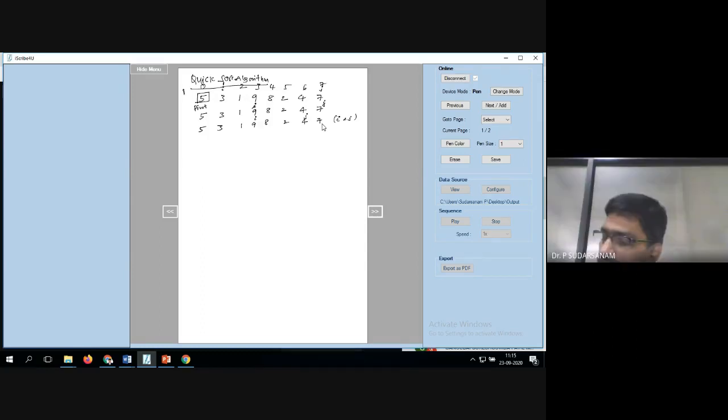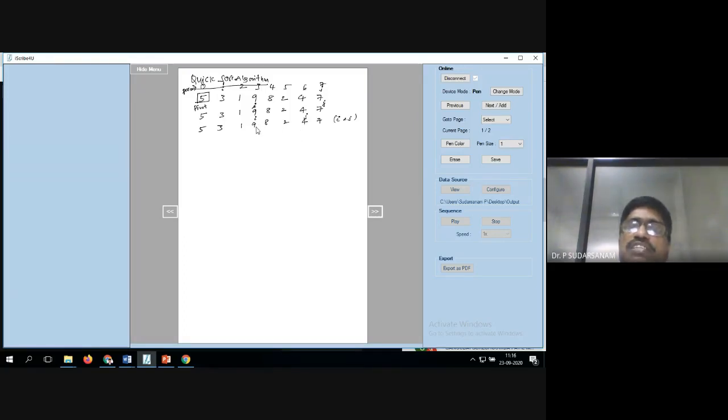This is called the position. So I position is nothing but 3, J position is nothing but 6. So 3 is less than 6. Yes, sir. Now swap I location value and J location value.